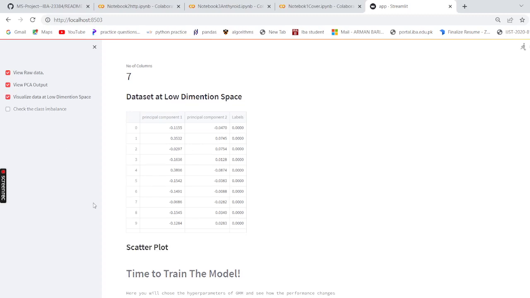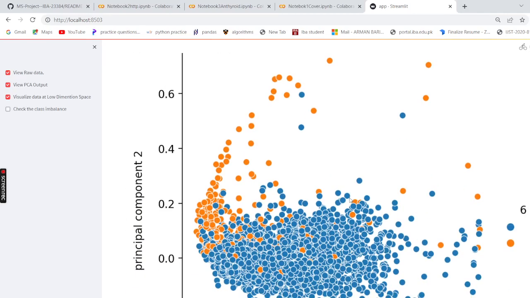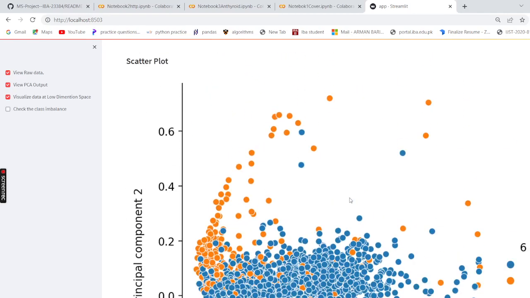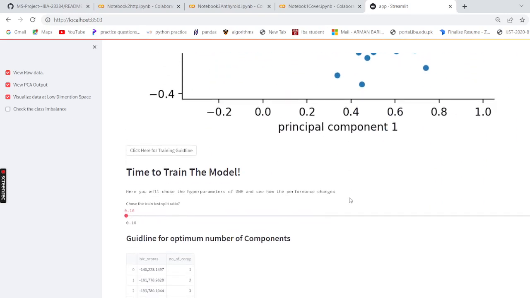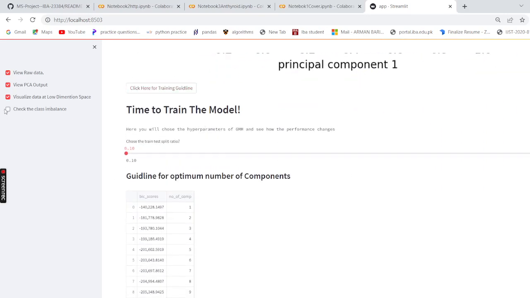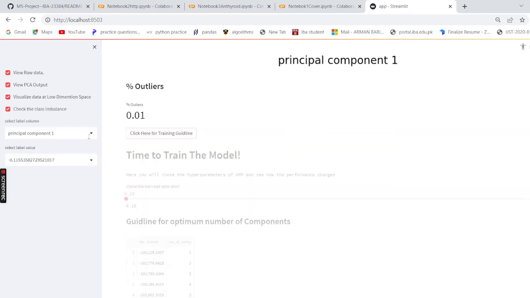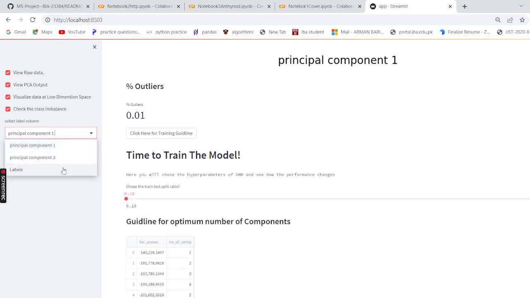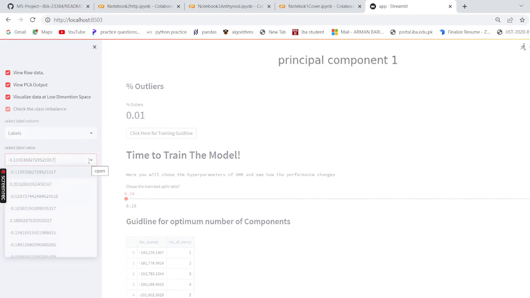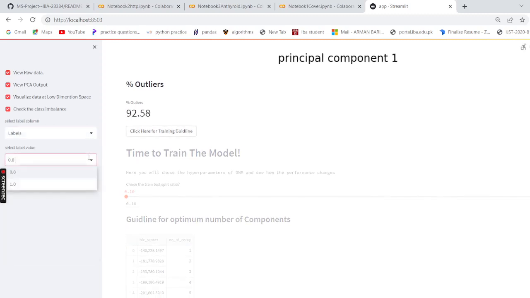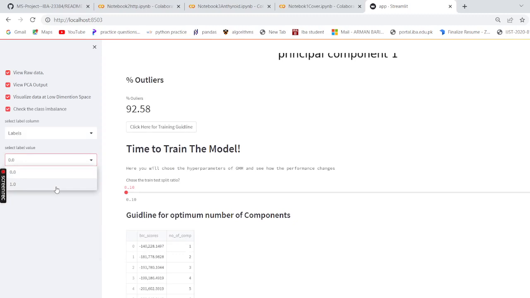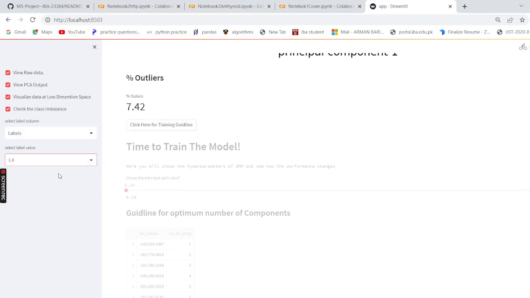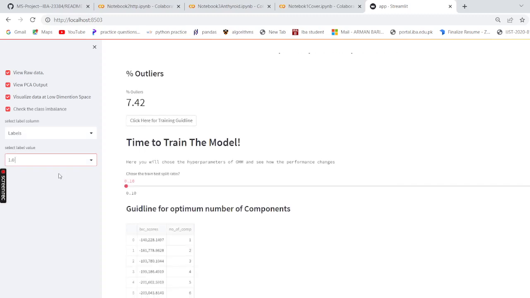So if I check the visualize button, you can quickly visualize the scatter plot. And if you wanted to check the class imbalance, you can pick the column where the label data resides, and check the value of your outlier data. So I built this in a generalized way so everyone can have an opportunity to see the EDA by using